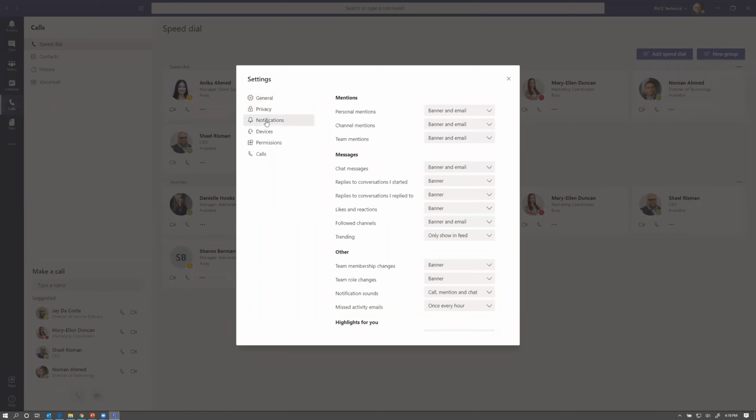And then there's notifications. As you can see, you can get pretty granular about the types of notifications. So you'll always get notifications up in your activity level, but banner notifications are like those desktop pop-ups that pop up down in this lower right-hand corner of your screen. And then email, obviously, getting an email notification.